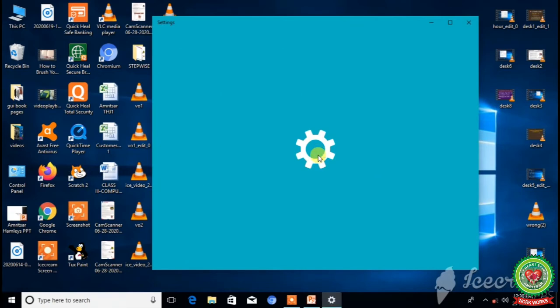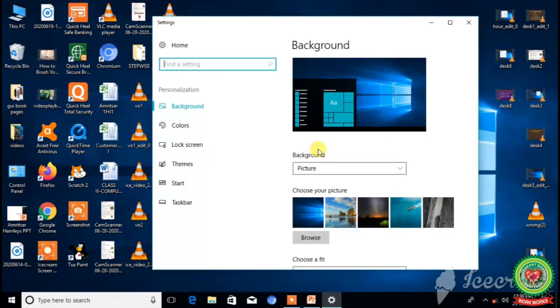So when we click on the personalize option, the settings dialog box will appear on the screen. And from this dialog box, you can do the settings according to your requirement. So we are going to change the background of the screen by applying a picture. You can see that here we are having the 5 pictures. We can click on any picture according to our requirement. So I am going to click on the second picture.